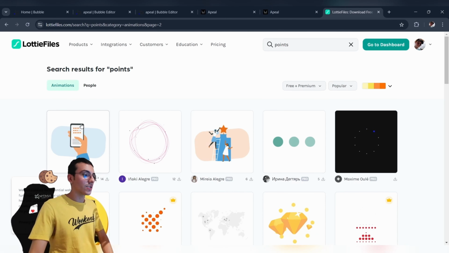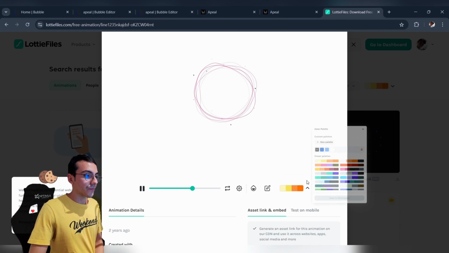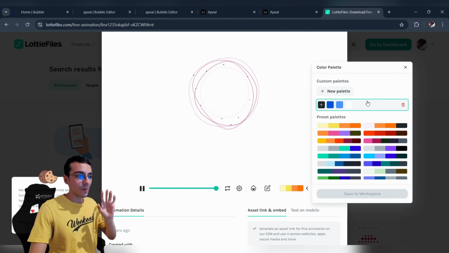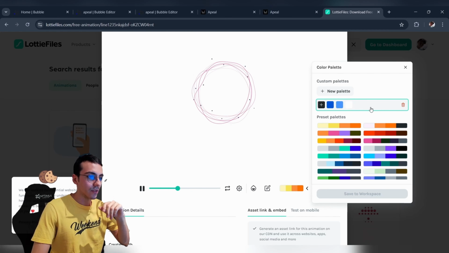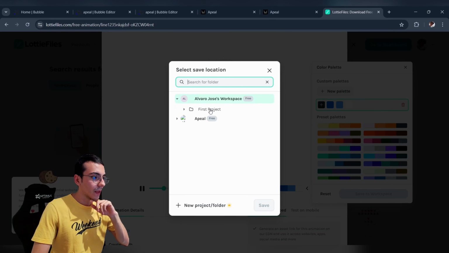In this case, I'm going to use this animation. You can just select the one that you like the most. And the good thing about Lottie is that you can customize the colors of the animation. So in this example, I'm going to use the colors of my company and save to the workspace. You select your workspace, save it,